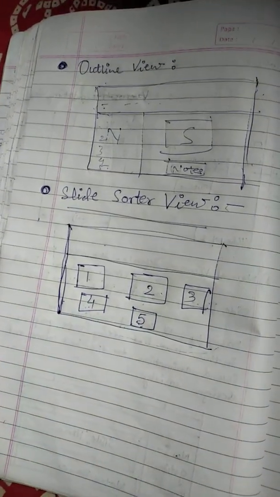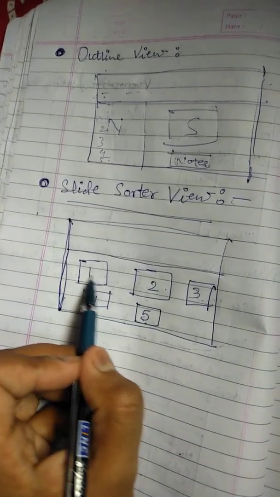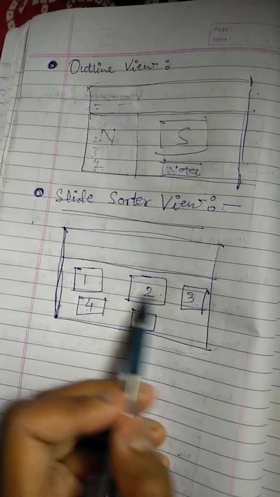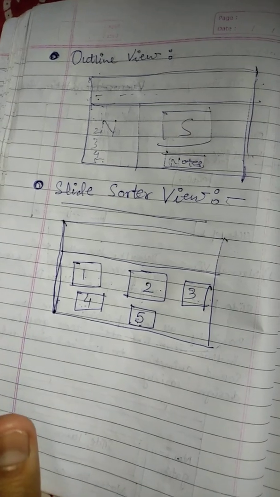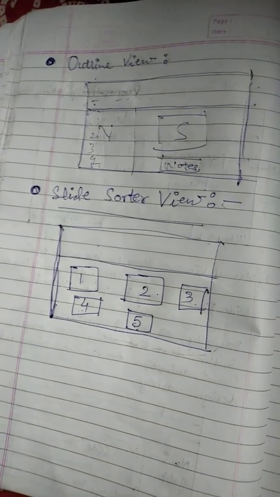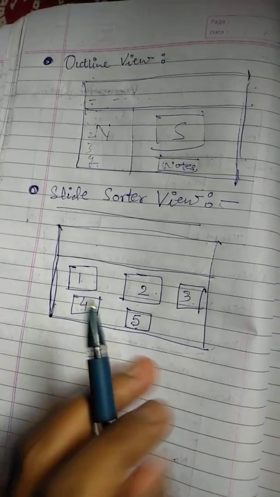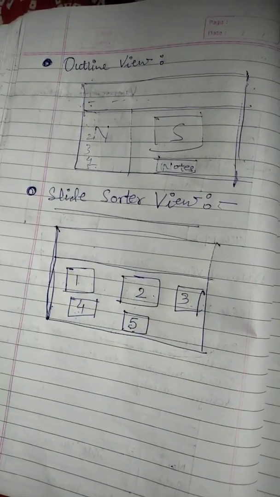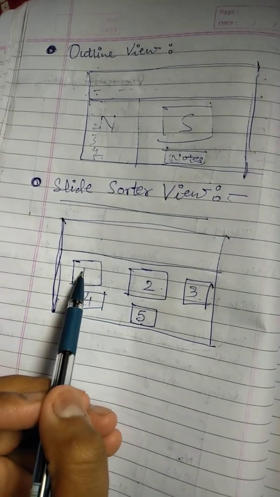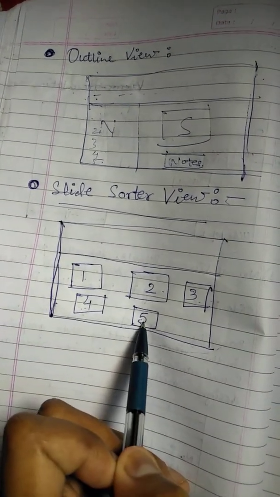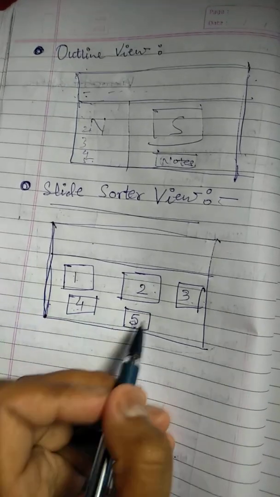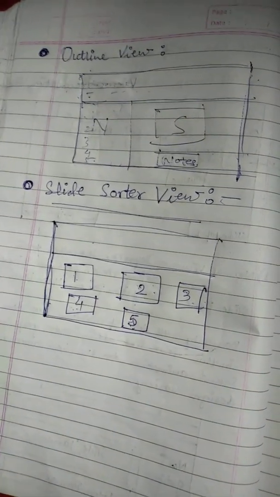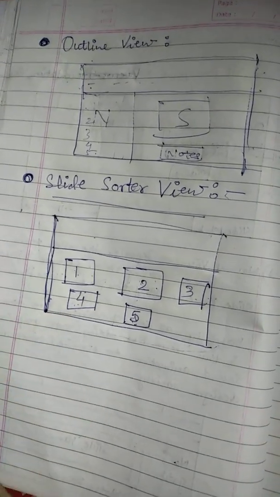Now the slides are viewed along with the contents, and if we see that the positioning of slides is not proper according to our presentation, then we can just change the position. We have to click on it and drag it to the place where we want the slide to appear. Suppose I want the 5th slide to be right next to the first slide, so I'll just click on it, drag it to second place, and it will be placed here. That's it. This is how slide sorter view helps.